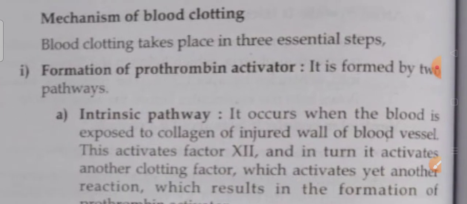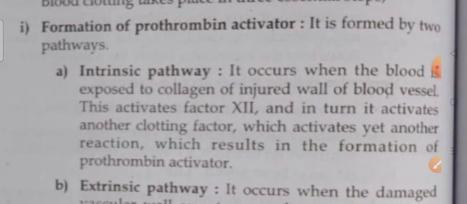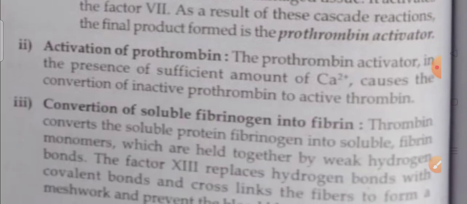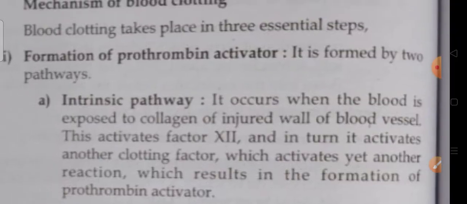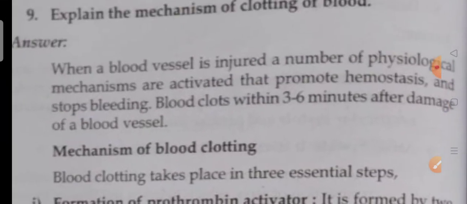Blood clotting takes place in 3 essential steps: formation of prothrombin activator, activation of prothrombin, and conversion of the soluble fibrinogen into fibrin. These are the 3 phases we can see in the clotting of blood. First one is the